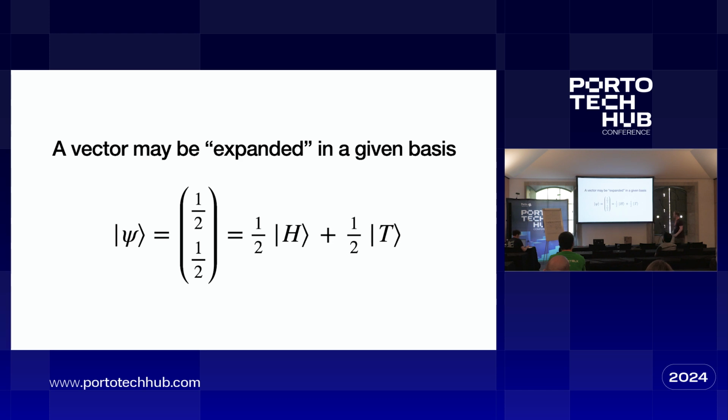Now, the important thing about bases is that they let us expand and express any vector in terms of the basis vectors. This is critical, right? The critical thing here is that we're able to express our probability distribution as a sum over these basis vectors. If anyone didn't understand what I just said, please yell at me now so I can say it again. This is critical. We good? Okay.